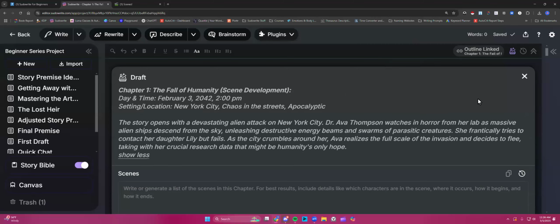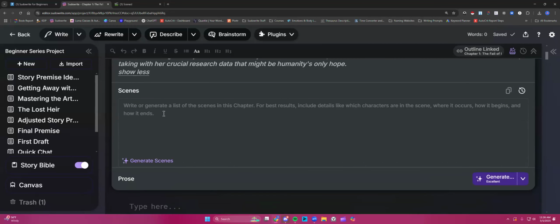So you see the chapter summary that I chose right here, and I can generate. So I'm going to click that generate scenes button, and it is going to generate scenes. So if you've used Sudowrite before, you're used to the generating beats button, that's essentially it. It does take a little bit longer to generate the scenes though. And just like with beats,